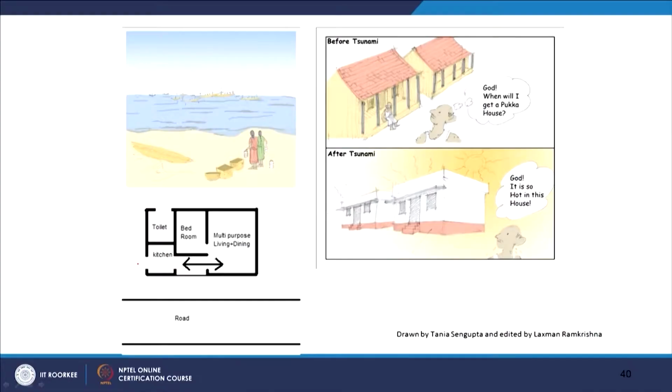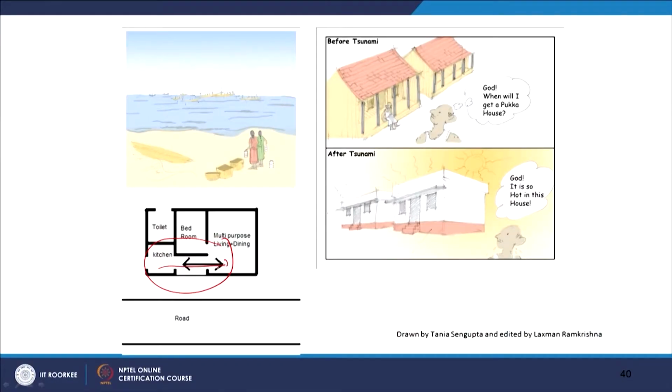When the NGOs started consulting what type of house they wanted, they said yes, we want a brick and concrete house, because most of the influence comes from the nearby urban areas. That is exactly what the NGOs gave. But now the communities are realizing that it is better to have an old house, because thermally it is much more comfortable, and these new houses are very hot. Also, with the orientation of the kitchens, now they have to carry the food from the kitchen to the outside, and in their culture, they don't want the food to be seen.